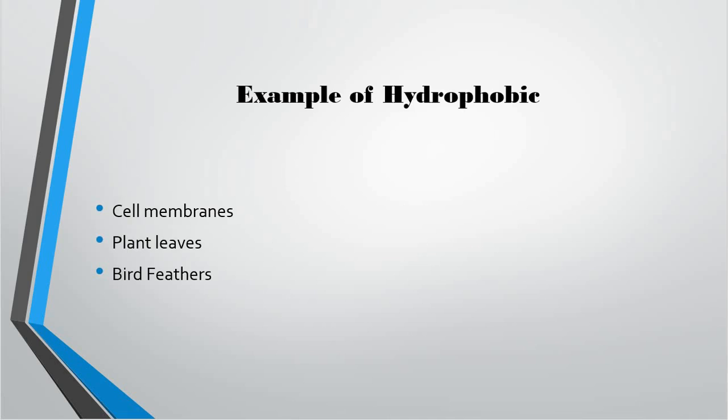Examples of hydrophobicity. First one is cell membranes. Cell membranes are made of macromolecules known as phospholipids. Phospholipids have phosphorus atoms in the heads of the molecules which attract water. The tail of the molecule is made of lipids which are hydrophobic molecules. The hydrophilic heads point towards water and the hydrophobic tails attract toward each other. In small groups, phospholipids form micelles. A micelle is a small hydrophobic ball. The hydrophobic tails expel water from the center of the ball.